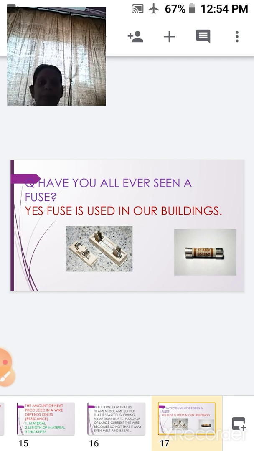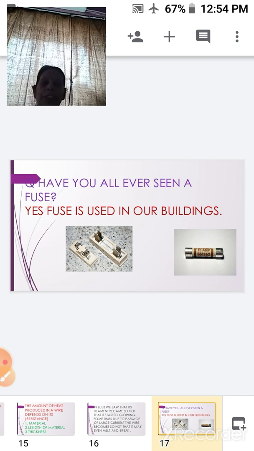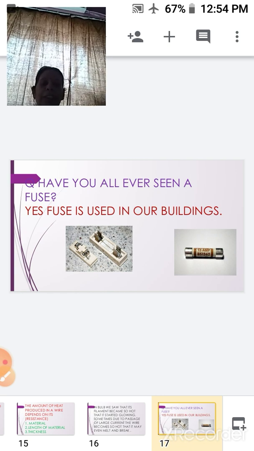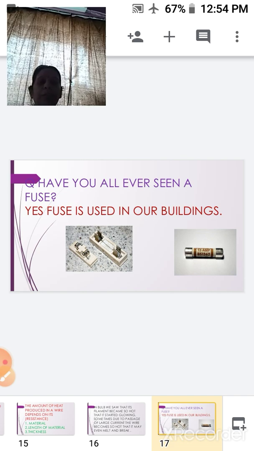To overcome that, you might have seen in your buildings that fuses have been placed. The question I have placed on the screen is, have you ever seen a fuse? I feel yes, all of you have seen a fuse in your building.